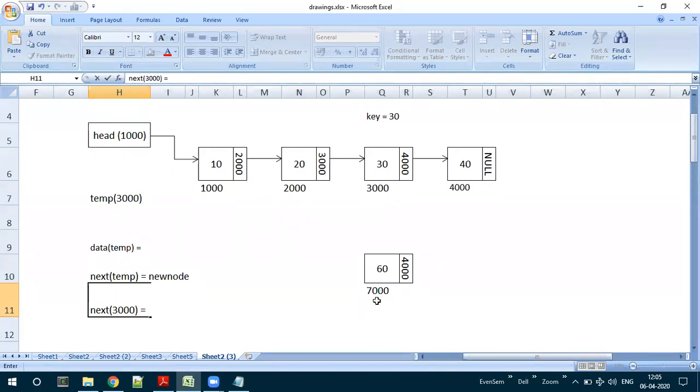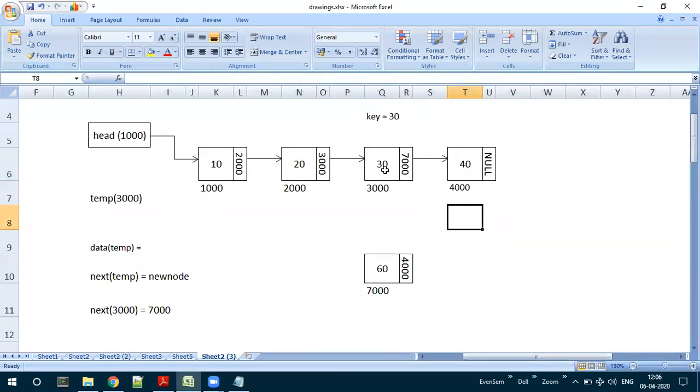What is the value of the new node? It is 7,000. So what is next of 3,000? This particular value has to be re-updated with 7,000.